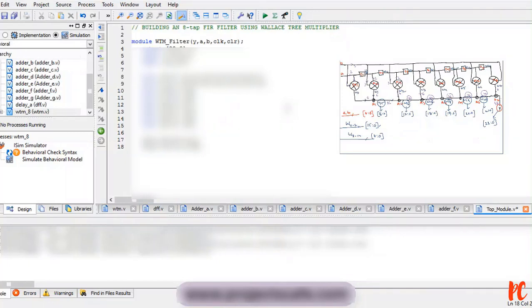Let me copy it. Similarly with respect to third multiplier, it ranges from W2, A and W9. For the fourth multiplier it ranges W3, A and W10.